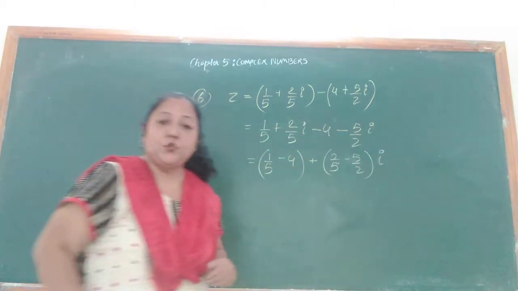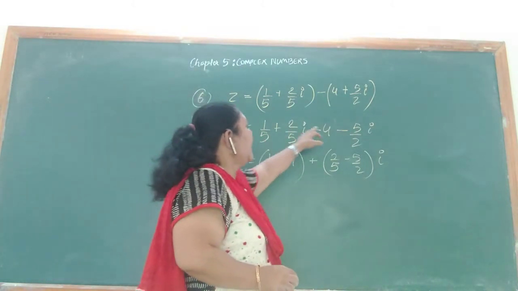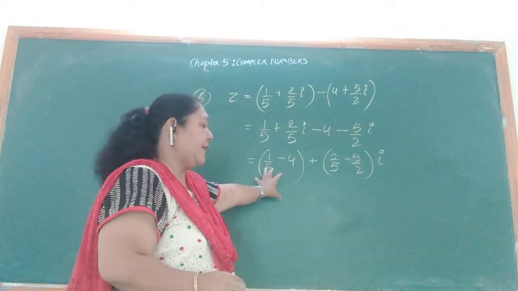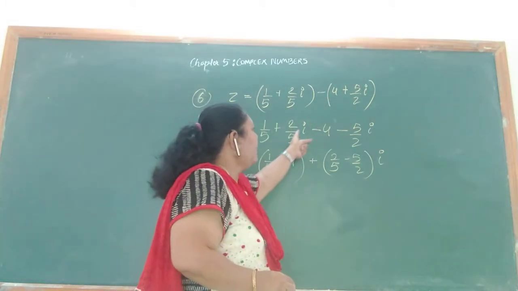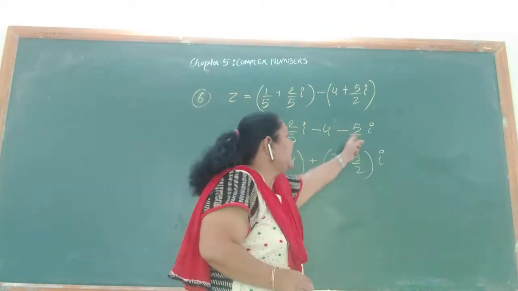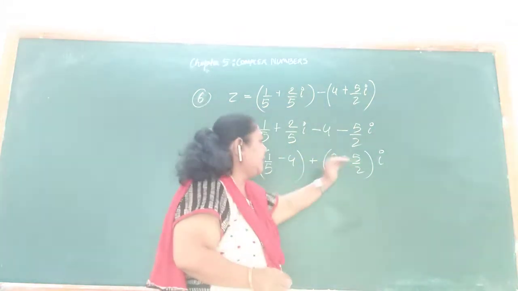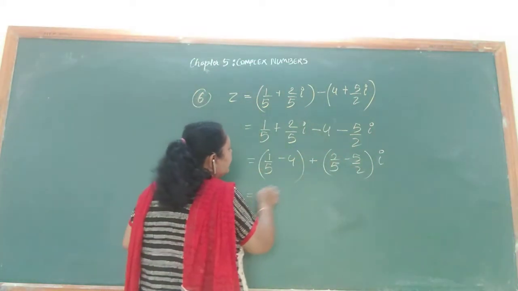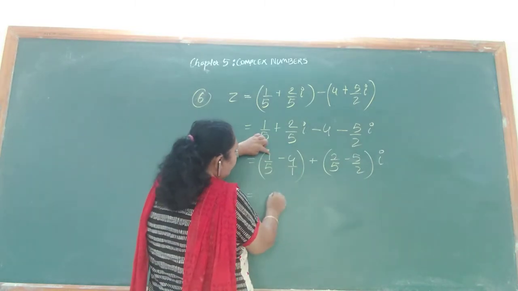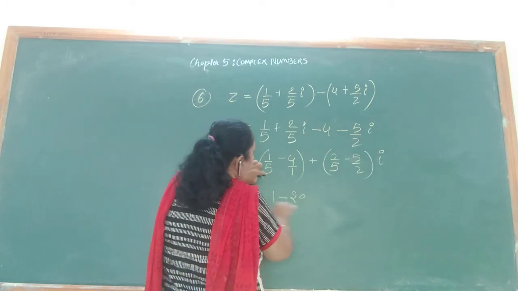take I terms together. So what did I do over here by grouping? The single numbers, that is 1 upon 5 and minus 4, I grouped them together in a bracket, and 2 upon 5 and minus 5 upon 2. These both had an I term in common. So I removed I common and I started to solve them. Let me take the LCM. Only 4 means 4 upon 1. Take LCM. So 1 into 1 is 1 minus 5 into 4 is 20 upon 5